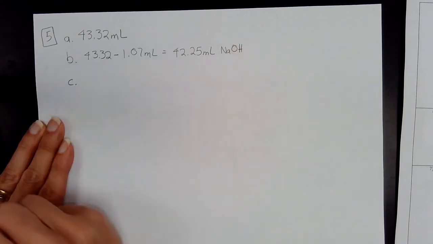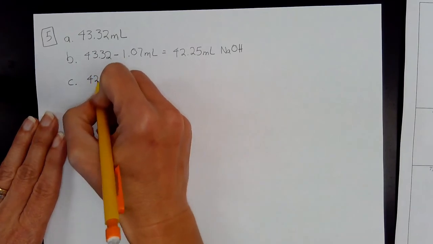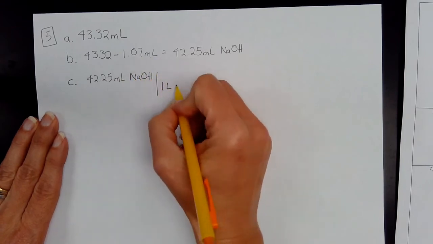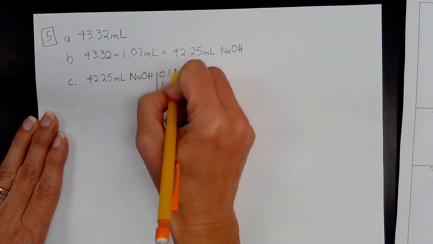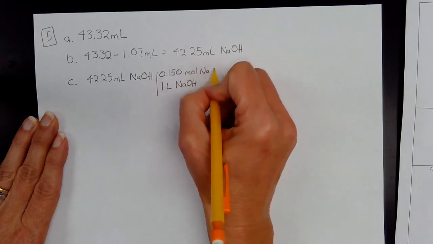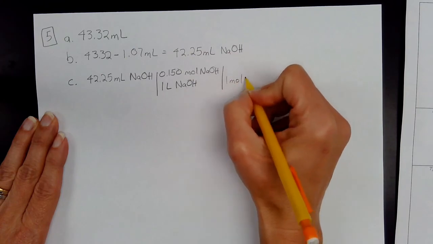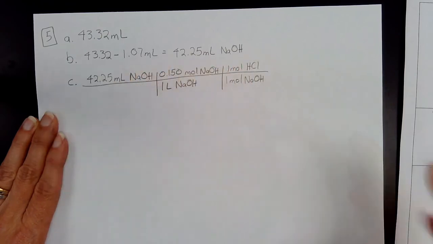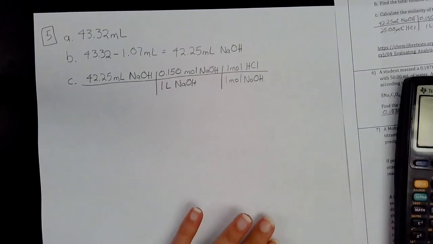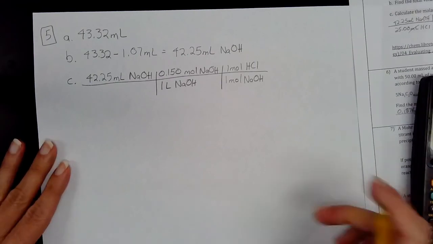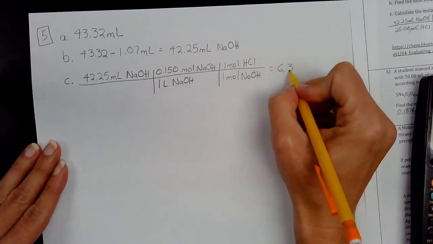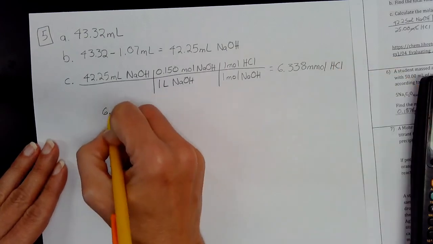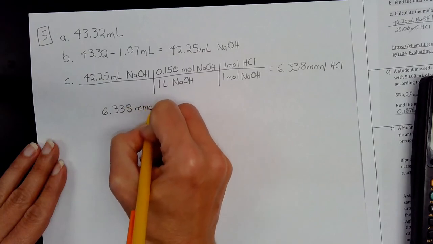So then C asks me to calculate the molarity of the hydrochloric acid solution. Well, I know I have 42.25 milliliters of sodium hydroxide. And I know that for every 1 liter of sodium hydroxide, I have 0.150 moles of sodium hydroxide. And I know that for every 1 mole of sodium hydroxide, I have 1 mole of hydrochloric acid. And so I can figure out that I have 6.338 millimoles of hydrochloric acid, and I know that I have those 6.338 millimoles in